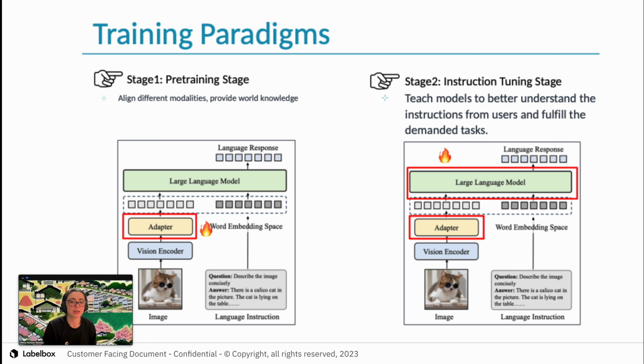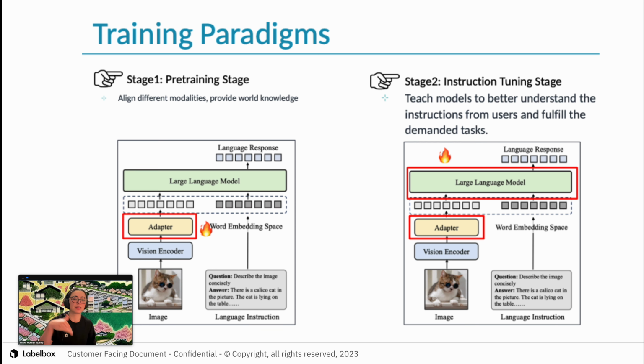And in terms of what's going on in each stage, for pre-training, there are three components that are important to the process. The first one is data. You need to expose the model to large data sets that include diverse types of data. You need to align the model so that it learns to map different modalities into a unified representation space. So that, for example, it learns that the word cat corresponds to images of cats and sounds related to cats, right? And there's a knowledge piece. You're helping the model build a foundational understanding of the world,